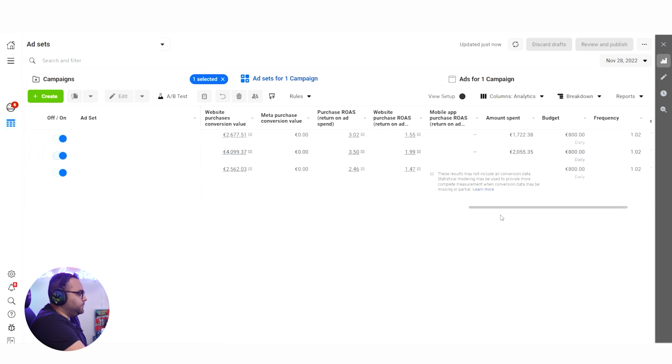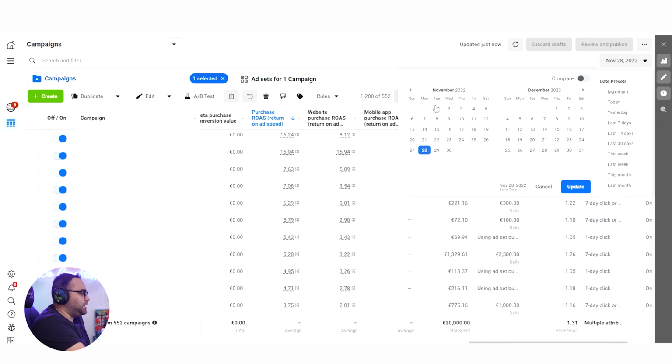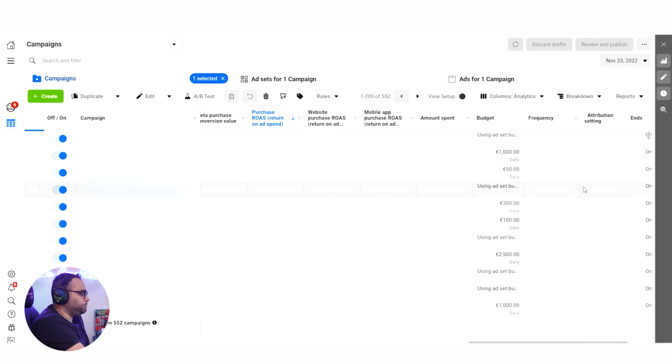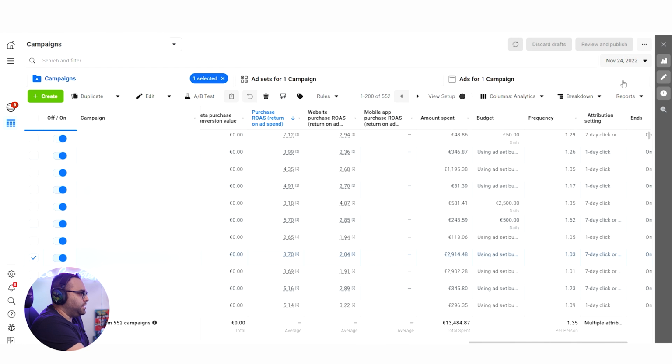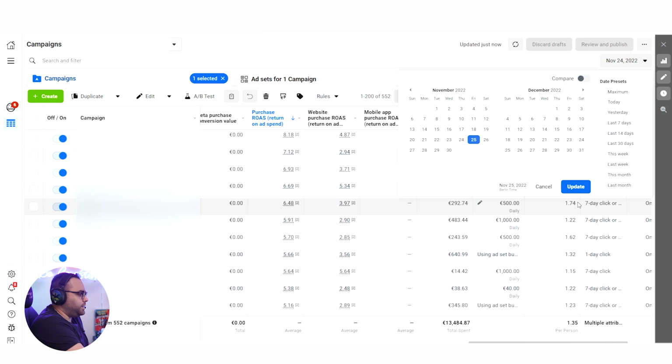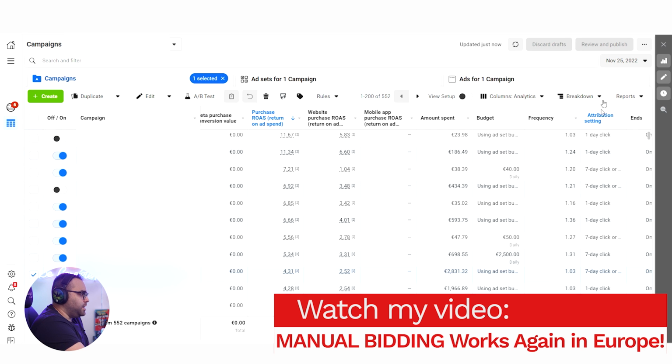Inside this one, I think I lowered this budget. This budget should be, I think, 2,500 on each one of them. So I was in the Black Friday period and I started scaling the account, and you can see here that I'm spending 11k on the 23rd, 24th, and I'm increasing to 13.4. Of course, I'm also running manual bidding here. If you don't know what manual bidding is, you can go check it out.